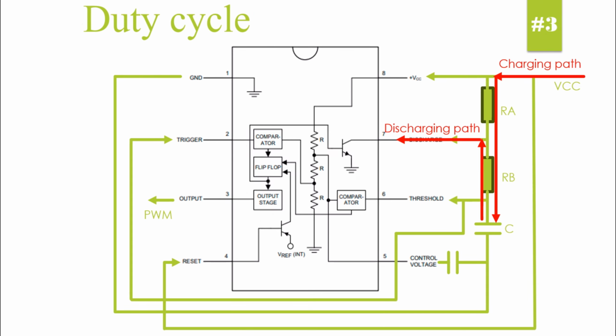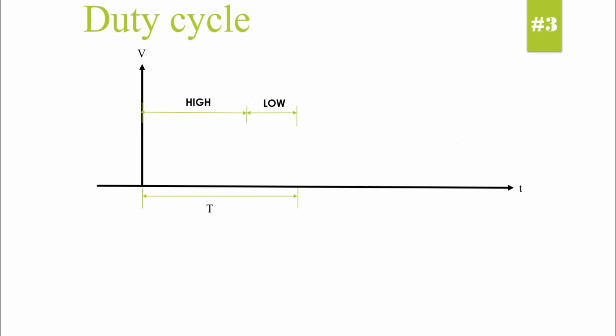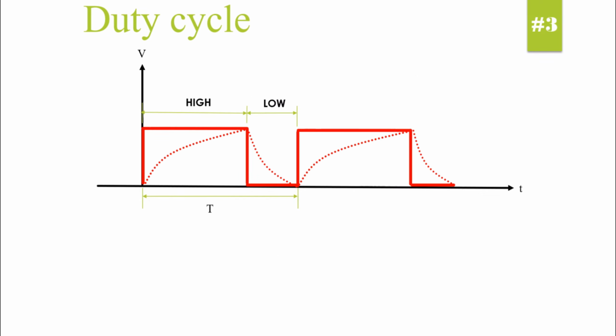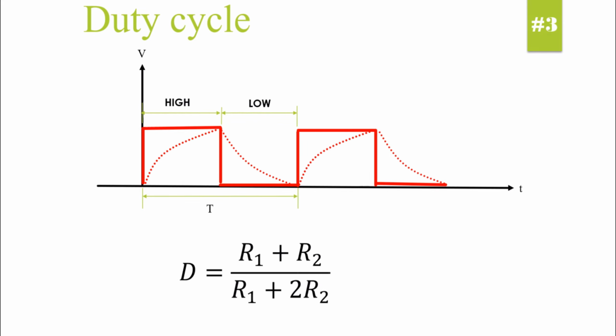Because the charging path is longer than the discharging path, the high time of the pulse is always longer than the low time. This means that in a standard 555 astable circuit, the duty cycle is the ratio of high time to the total period, which is always greater than 50%. The exact duty cycle is determined by the sum of RA and RB, divided by the sum of RA and 2 times RB. So, if you want a perfect 50% or even a lower duty cycle, you cannot use the